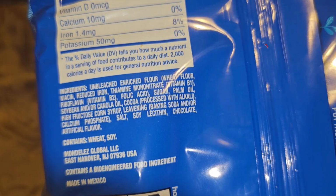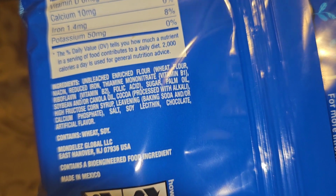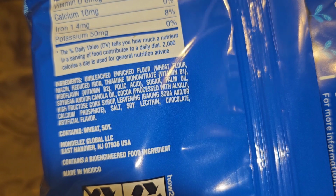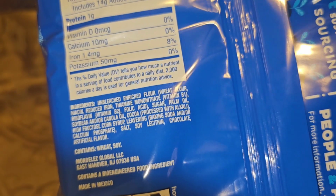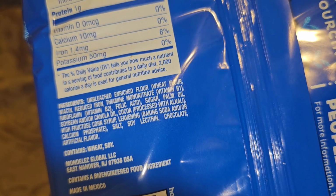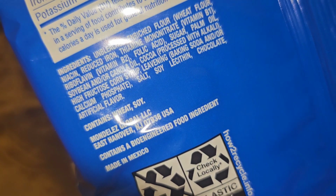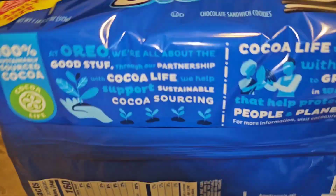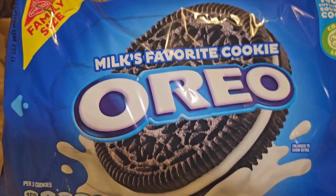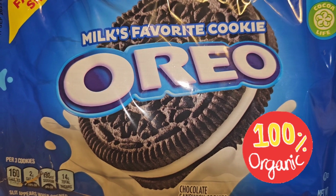I mean, high fructose corn syrup was just a red flag in Ram Rapp's book. Of course, they have other things like soy lecithin and chocolate and artificial flavor. That's a big no-no right there. They often say it's because it's like a secret ingredient or whatnot, but the artificial flavor basically is something highly processed and synthetic, which is really not chocolate flavor. It's really artificial chocolate flavor. So just be on the lookout for products with high fructose corn syrup. We recommend organic if you don't make it. Organic